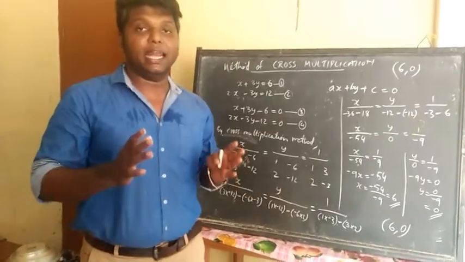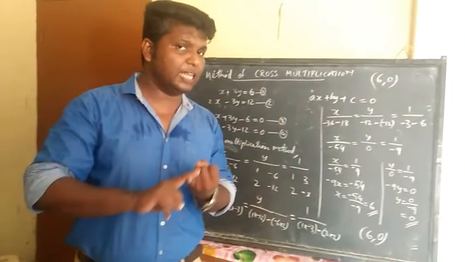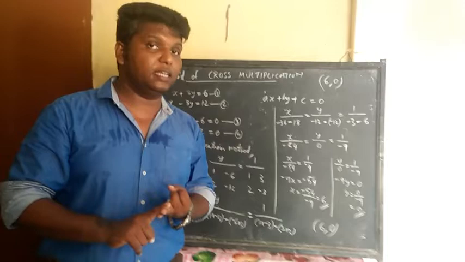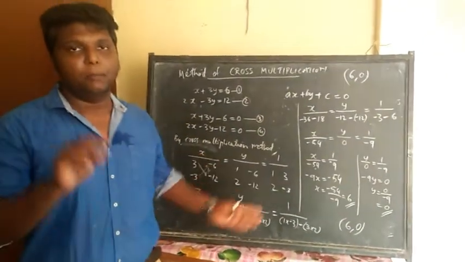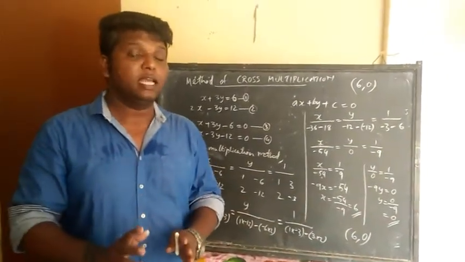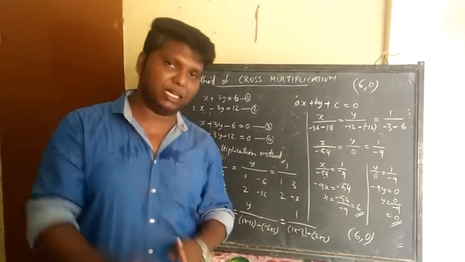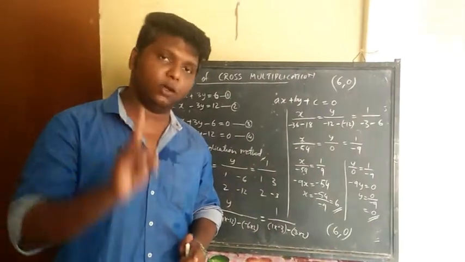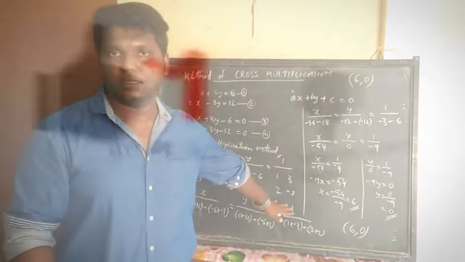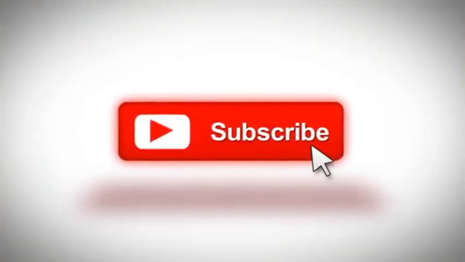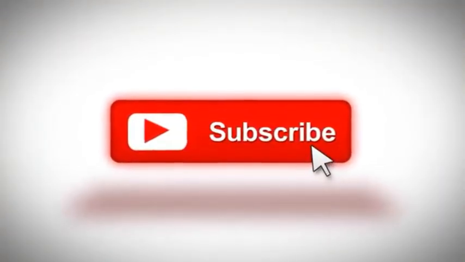And these are the 4 typical methods how to solve a linear equation in 2 variables. One is graphical representation method. The second one is a method of elimination. Then the method of substitution. And the last one, method of cross multiplication. In your answer sheet, if a particular method is mentioned, you have to do it in that method only. If a method is not mentioned, you can do it in your own method, but you have to get the solution set. That's it.